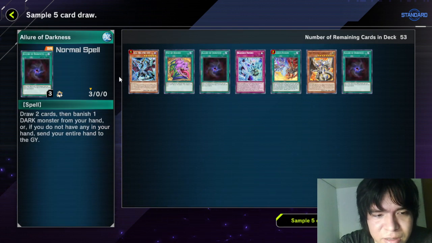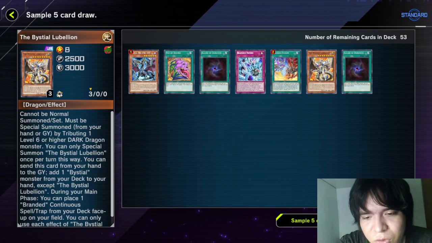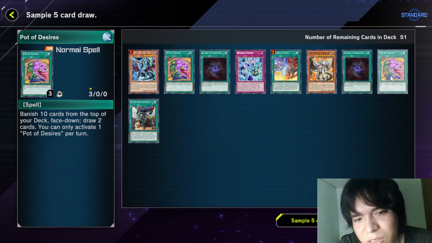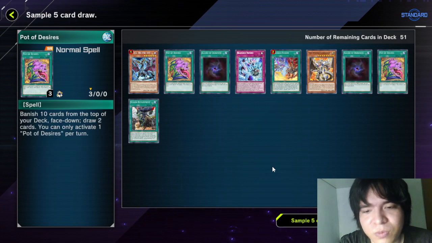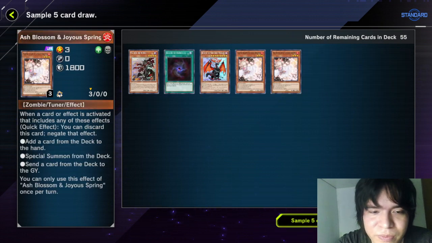There is a lot of gas here. You can banish this one, another Bestial, draw two more. Then you have access to Desires. You can decide what you want to do. But still, Desires is a bit iffy because you are going to